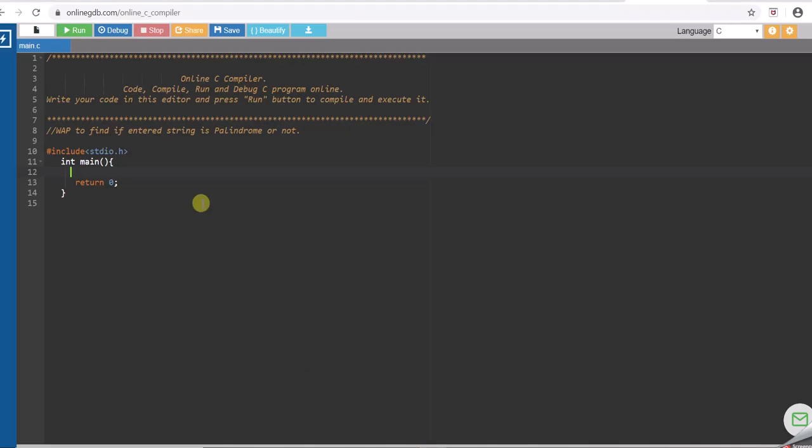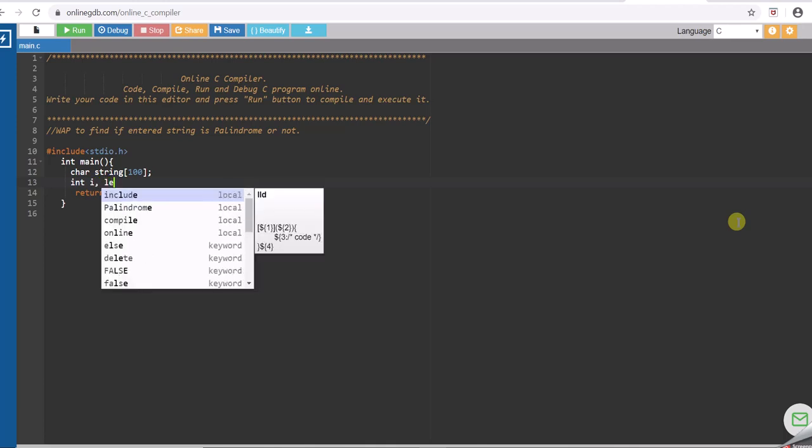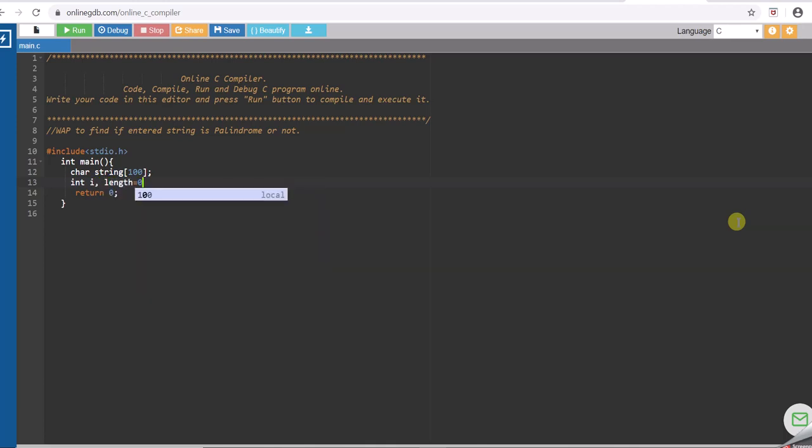Now let us go to the program. First of all, let me create a character array over here with the name string, and the capacity that I'm giving is say 100. Not necessarily will I be using all the 100 capacity over here. So I will take some other required variables. I will initialize this length as 0. I will also take one more variable, flag, and initialize it to 0. Now the next thing I will do is ask the user to enter the string.